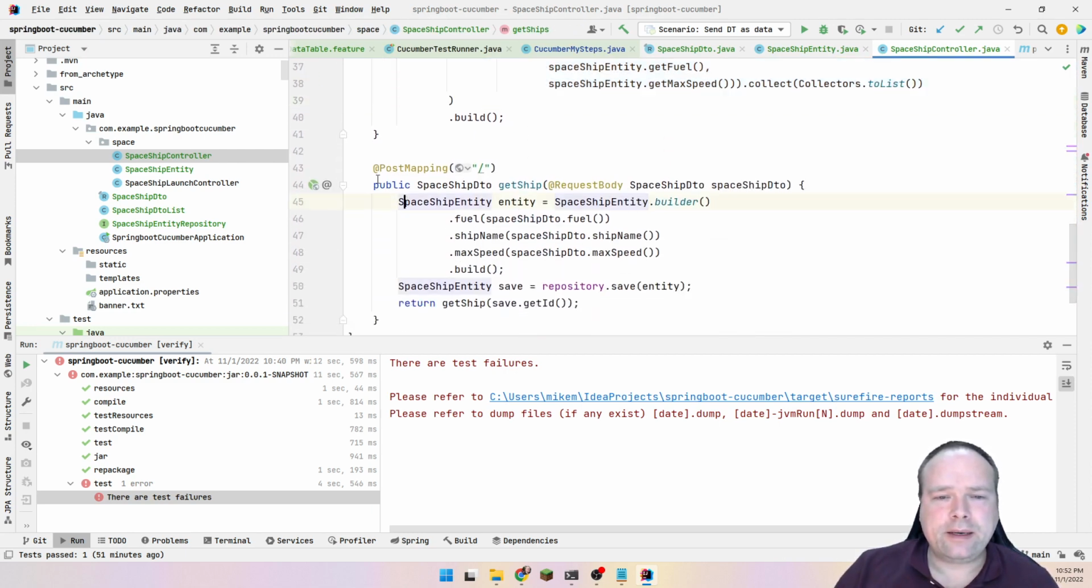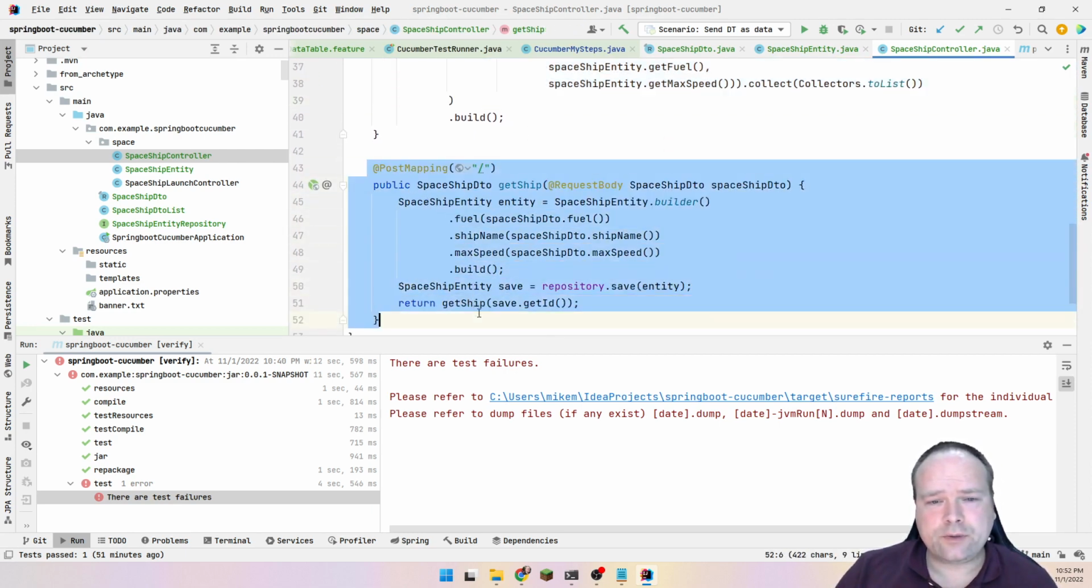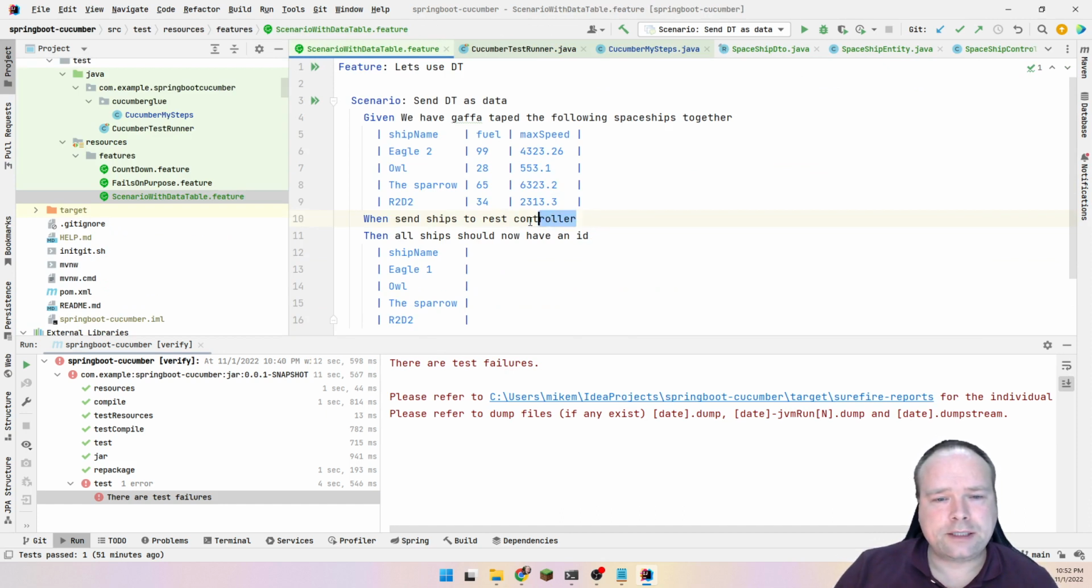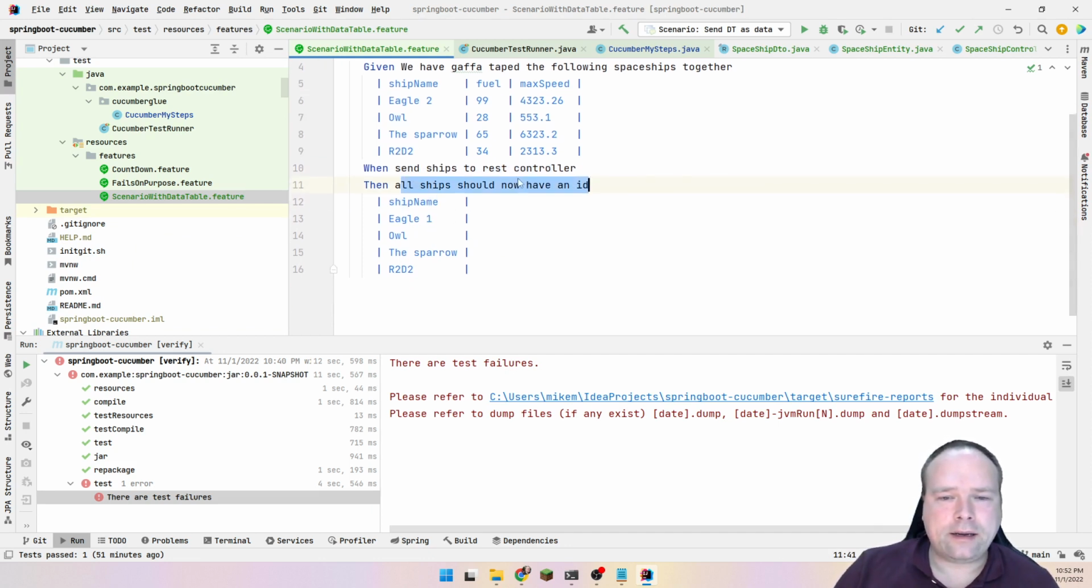Then I have a post mapping, and that is what we actually already have used. This is where we actually store each spaceship, and the body that we sent to our controller right here is the spaceship that we want to store. So that was the step right here. So when send ship to rest controller, then all ships now should have an ID,